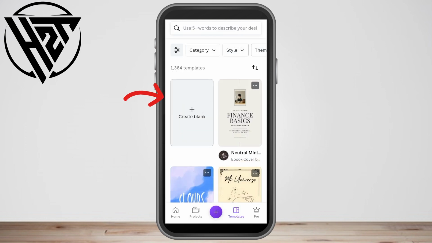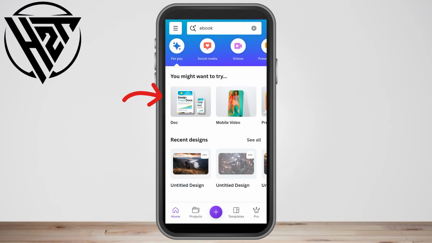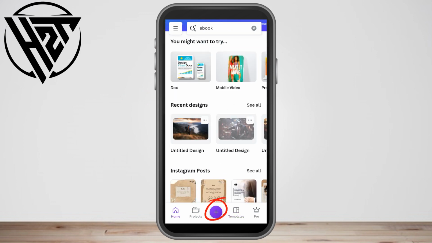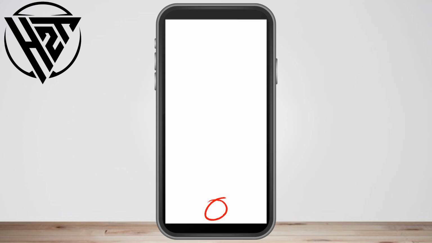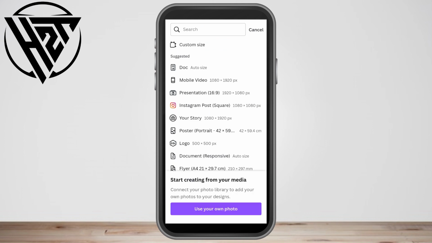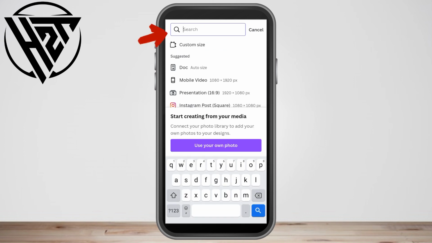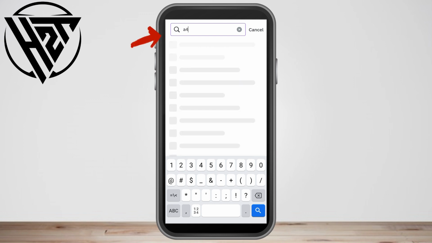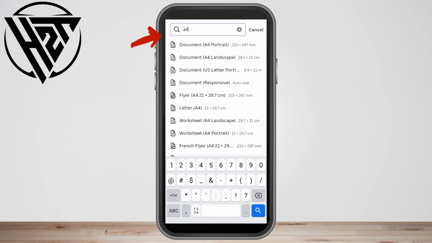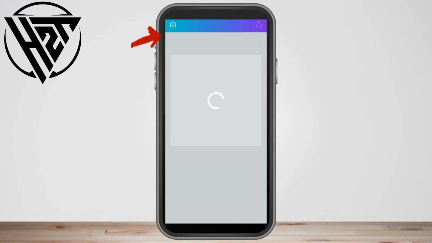Another thing is you can tap this plus button here. Okay, if you're not satisfied with the designs and templates there, you can simply type here A4. It's the same thing as your ebook, or it's the same size. And then if you scroll down here, you will see that there's a not so big difference, but there is a difference